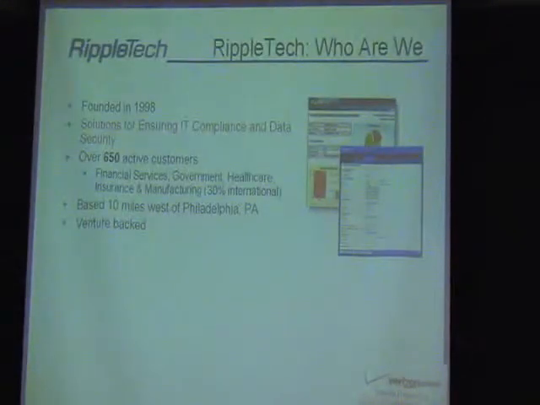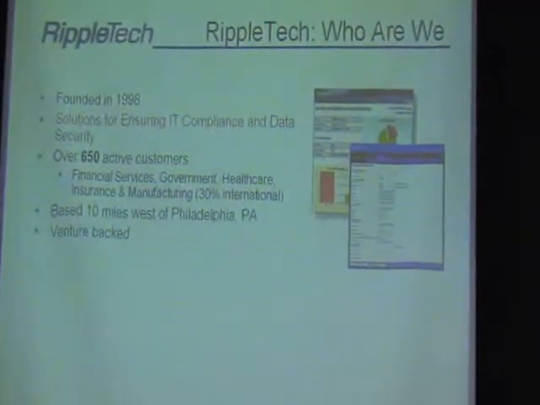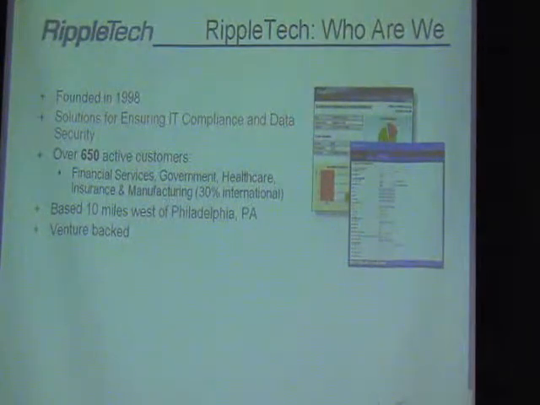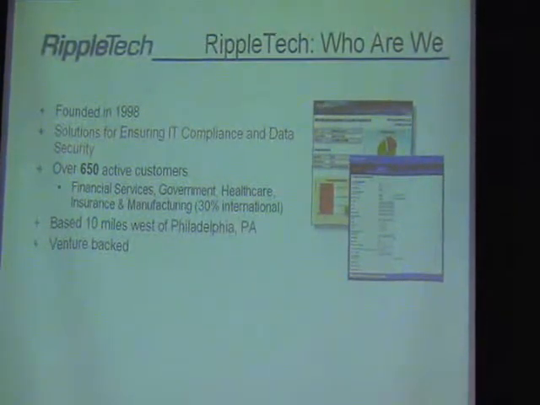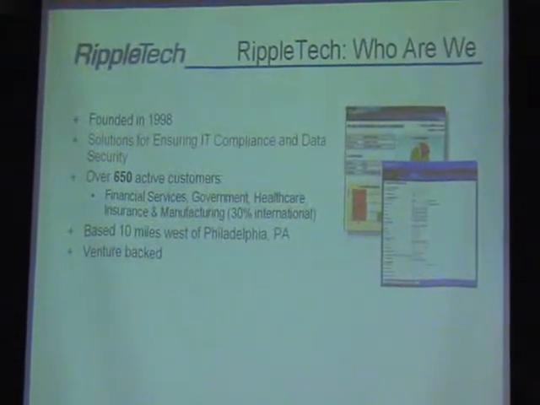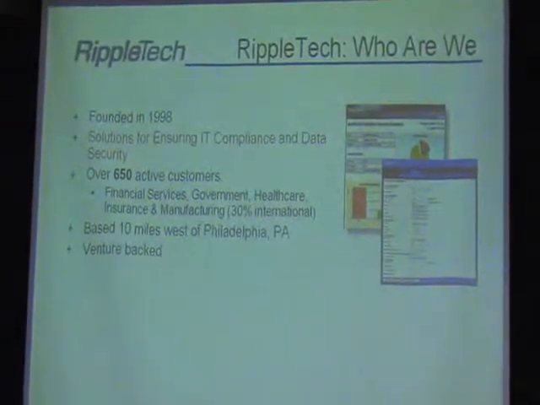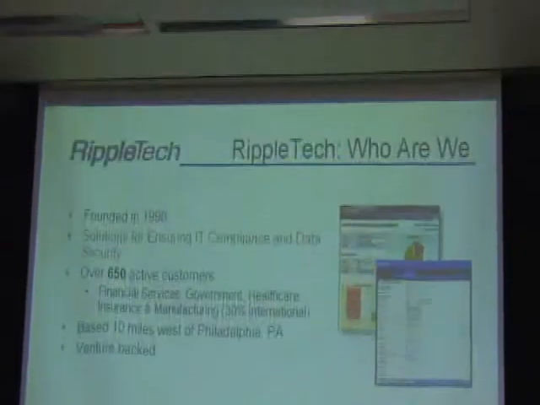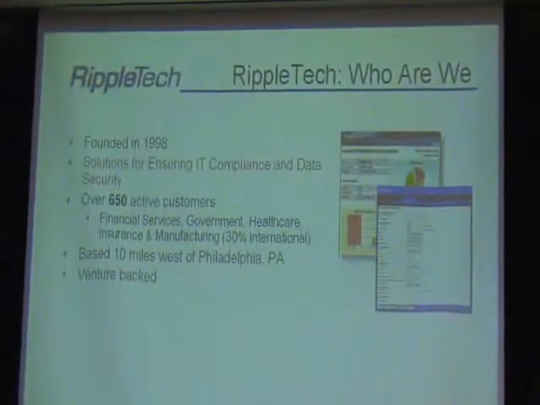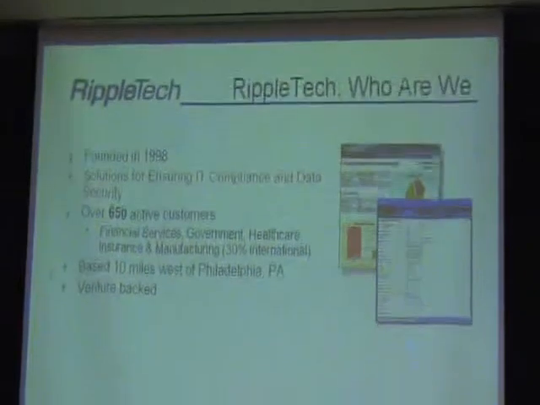So who are we as RippleTech? RippleTech was founded in 1998, and RippleTech's focus is IT, compliance, and data security. We have over 650 active customers today, in all different kinds of verticals. We are located just outside of Philadelphia. We are a venture-backed firm. And RippleTech originally